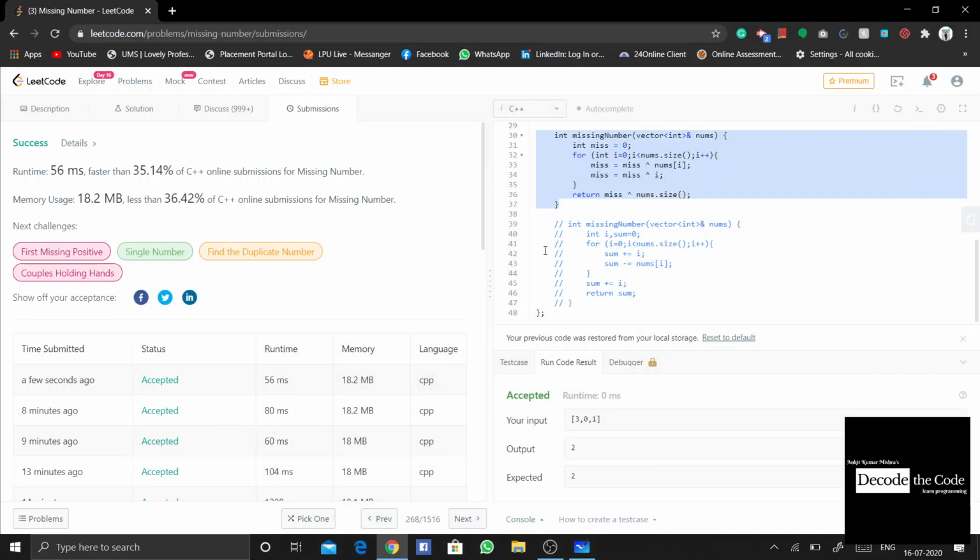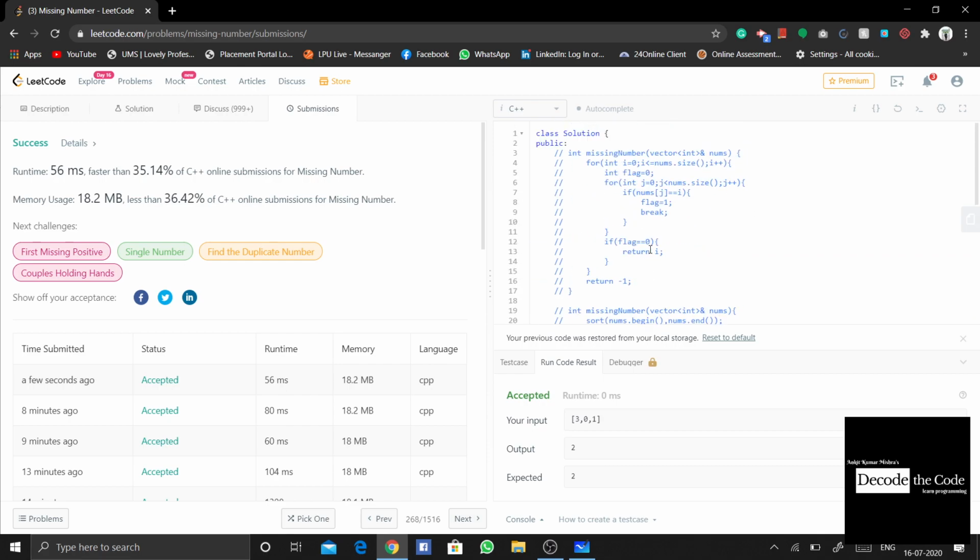You saw that this code got run in 56 milliseconds, which is quite optimal, and it is faster than 35.14%. It also depends upon the speed. Currently the speed of my internet connection is quite slow, and that's the reason it's not running fast. When I had run the same solution before, it was faster than 89% of submissions that people had done.